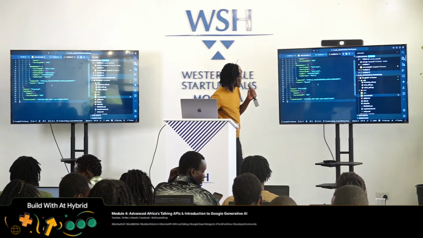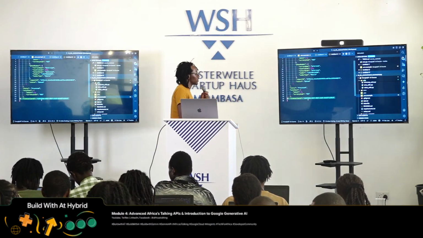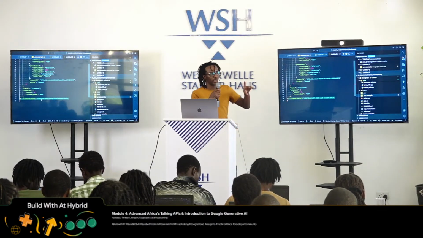So let's start from the bottom. There's this transaction ID. So this one, the transaction ID and the request ID will be important when you are